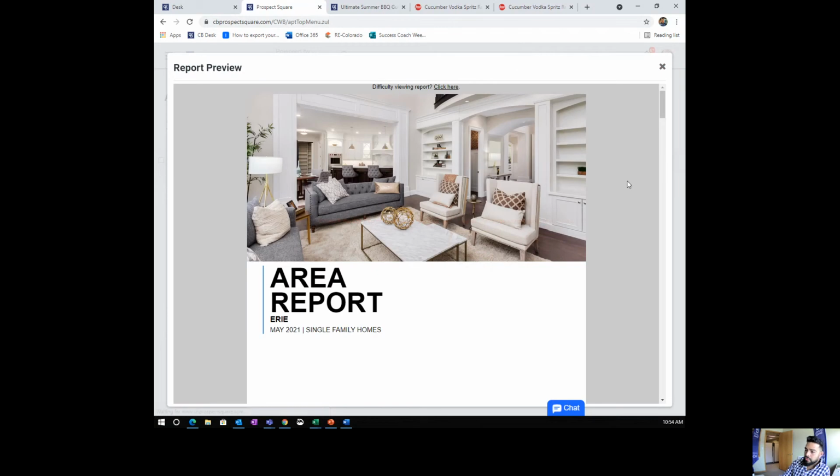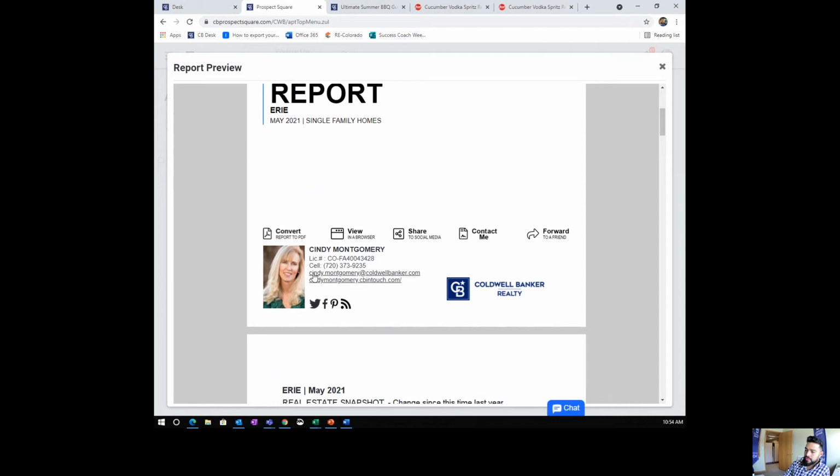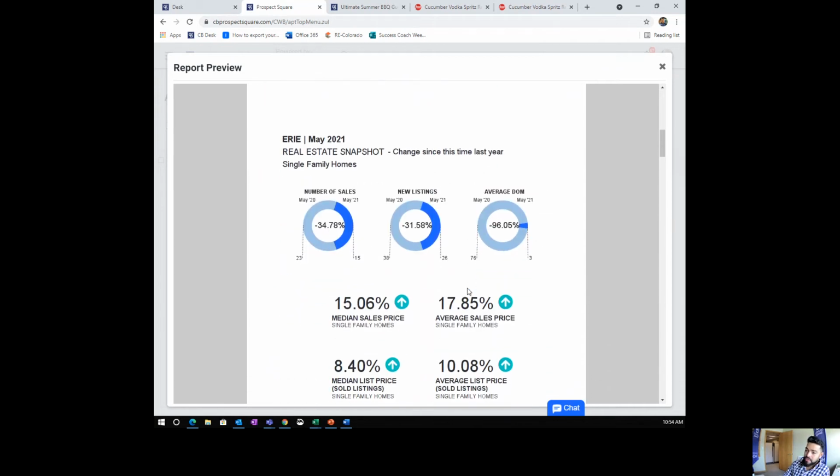And when you preview this report, it was that simple. We click the area. We've got the area report, May 2021, single family homes, Erie. This report also comes with your agent branding, Coldwell Banker, as well as a real estate snapshot, which is available to you guys. So for those of you who are super interested in the numbers, which most of your clients